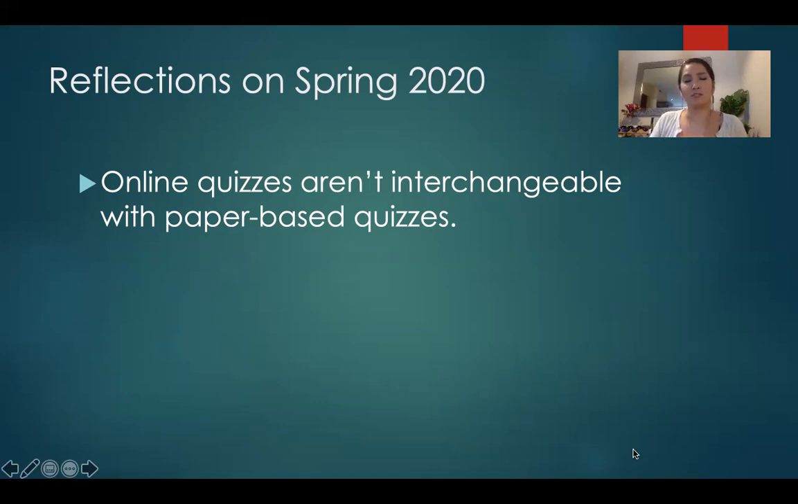The paper-based quizzes were really assessing what I had intended to assess, providing feedback, and then giving the opportunity to reassess. With the online quizzes, it's covering the same concepts or the same topics, but the lack of feedback and